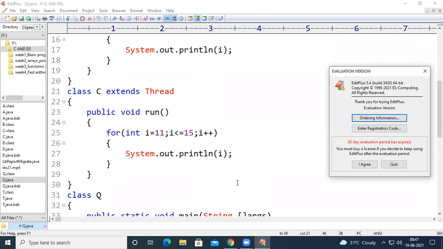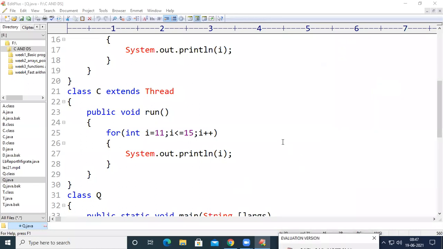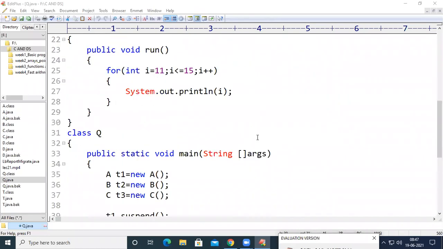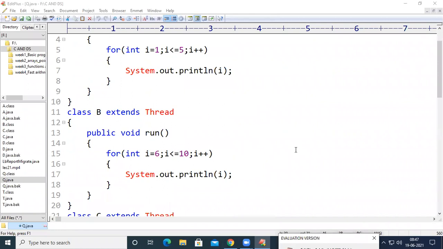Okay, so in today's session, we are going to concentrate on the priority of threads, that is, how to give some priority to a thread. Then we will go through what a background thread is and how we can create our own thread as a background thread in Java. And after that, we will look at synchronization blocks. So today we are going to concentrate on thread priorities, background threads, and synchronization blocks.